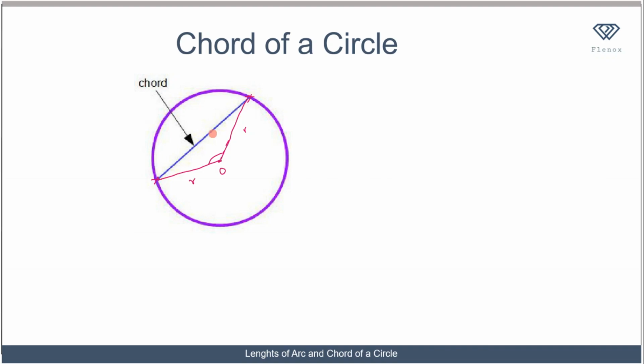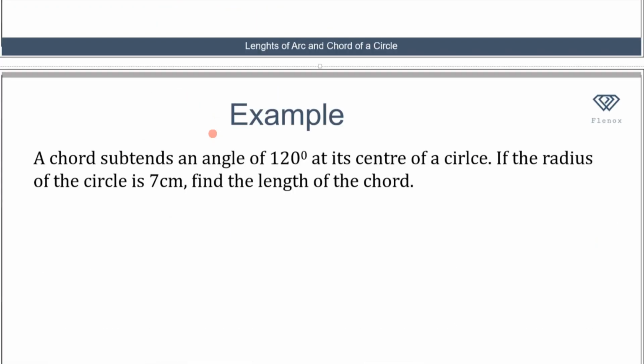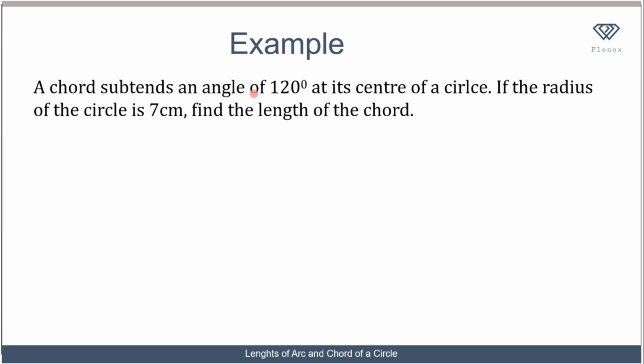And if you are not familiar with that, you should check out the section on trigonometric ratios. But this next example will illustrate this point better. So here we are told that a chord subtends an angle of 120 degrees at the center of the circle. So basically you have a circle,